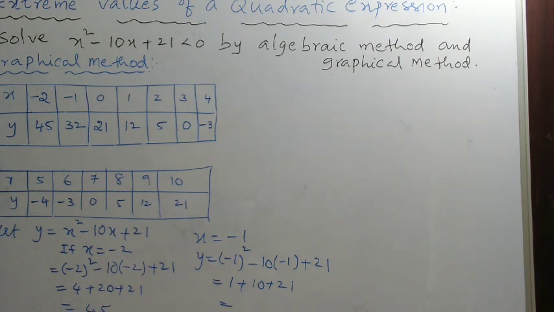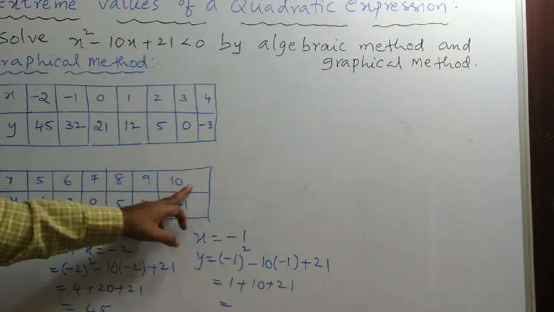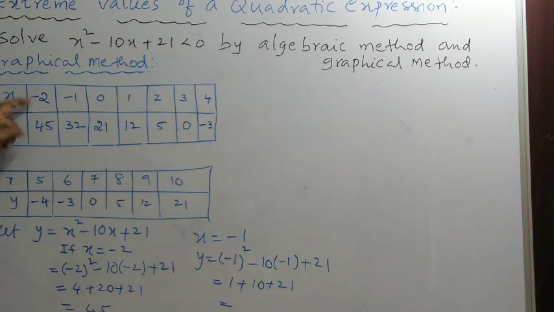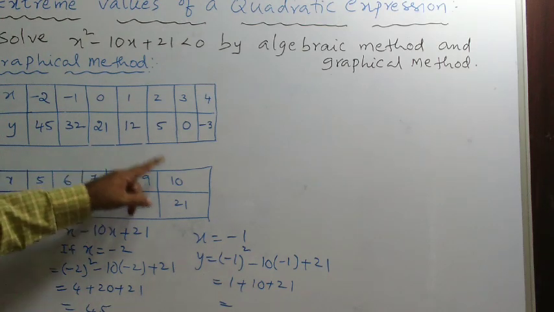Okay, so this is part 1. First we need to prepare the tabular form because we want plotting points. Hence we need to consider the values of x here. That can be your wish. You can go with only positive, or with a positive and negative combination, depending on the situation. Finally, these are the values of x I considered: minus 2, minus 1, 0, 1 and so on up to 10. After substitution of these x values in the given expression, whatever output we get is nothing but the y value. So these are the y values.